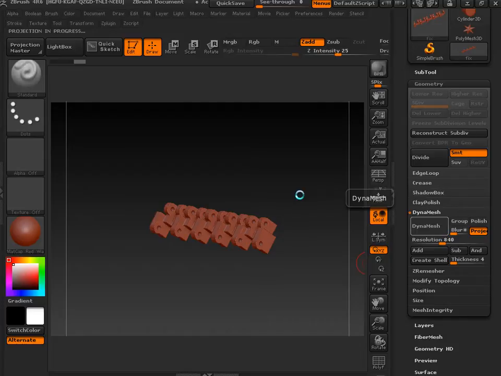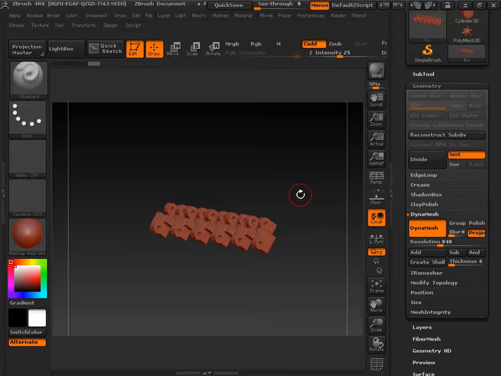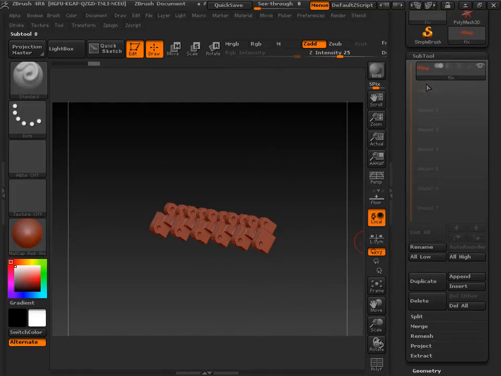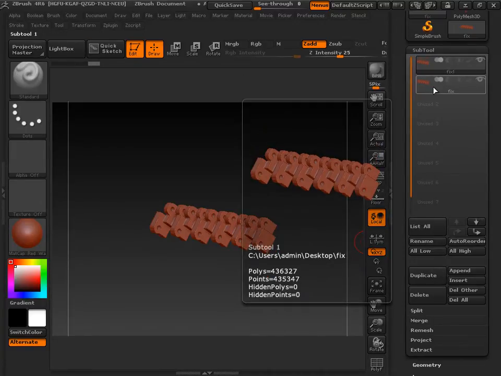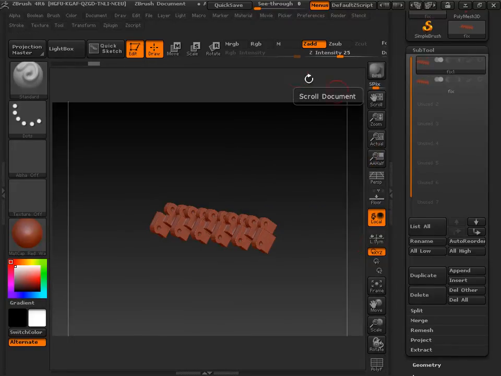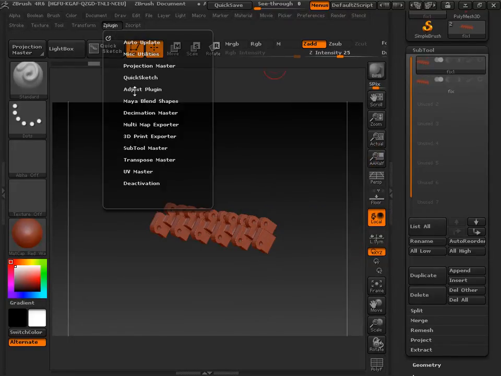So I'll make two different forms here to show you 3D print wise. I'll call one the editable form, which has good topology, and I'll call the other one a decimated form, which is kind of a reduction of polygons. Okay, so it's a dynamesh, and I can go to Subtool and hit Duplicate. That way I can do both. Now I have two pieces here. I can turn one off. This one, I'll show you the decimation form here in